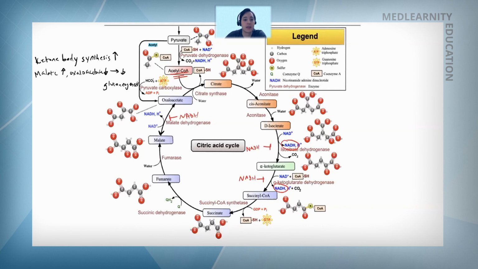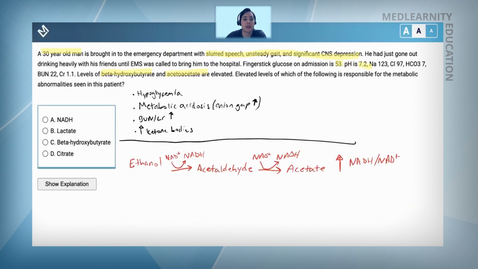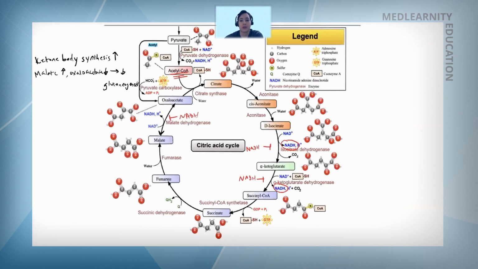And so if we look back at the patient's lab values, the finger stick was 53, so the patient's hypoglycemic, and that is because not only is gluconeogenesis being inhibited by drawing oxaloacetate away, but also, if the patient didn't eat anything all night, they can quickly deplete their stores of glycogen, and so really the patient's left with no glucose lying around. So that'll be the cause of the low glucose levels.